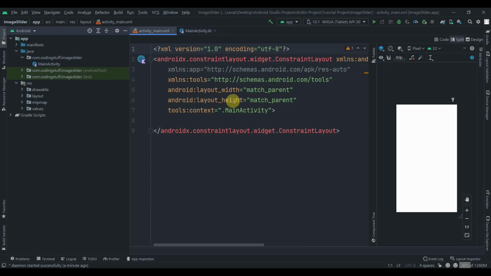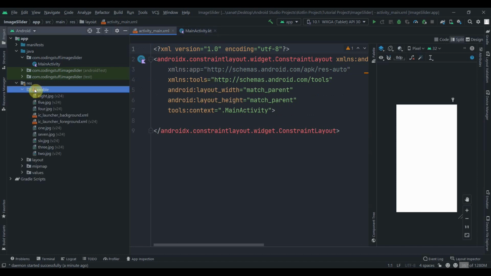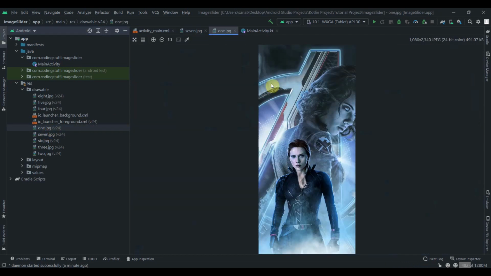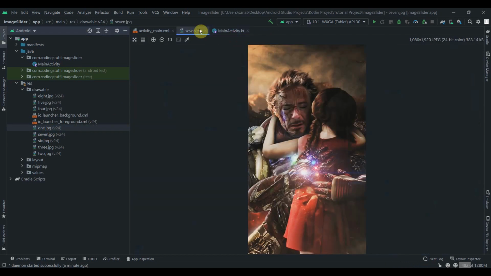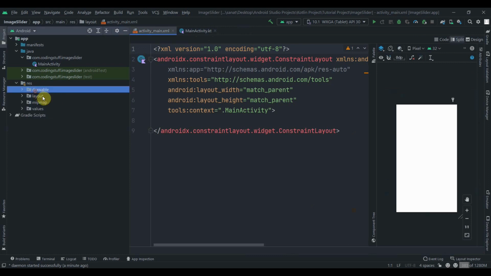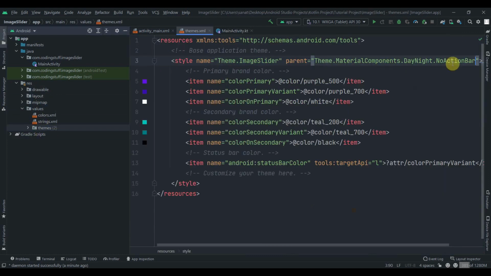and I have added some drawables. As you can see, some of the Marvel's images, and inside the values I changed DarkActionBar to NoActionBar,